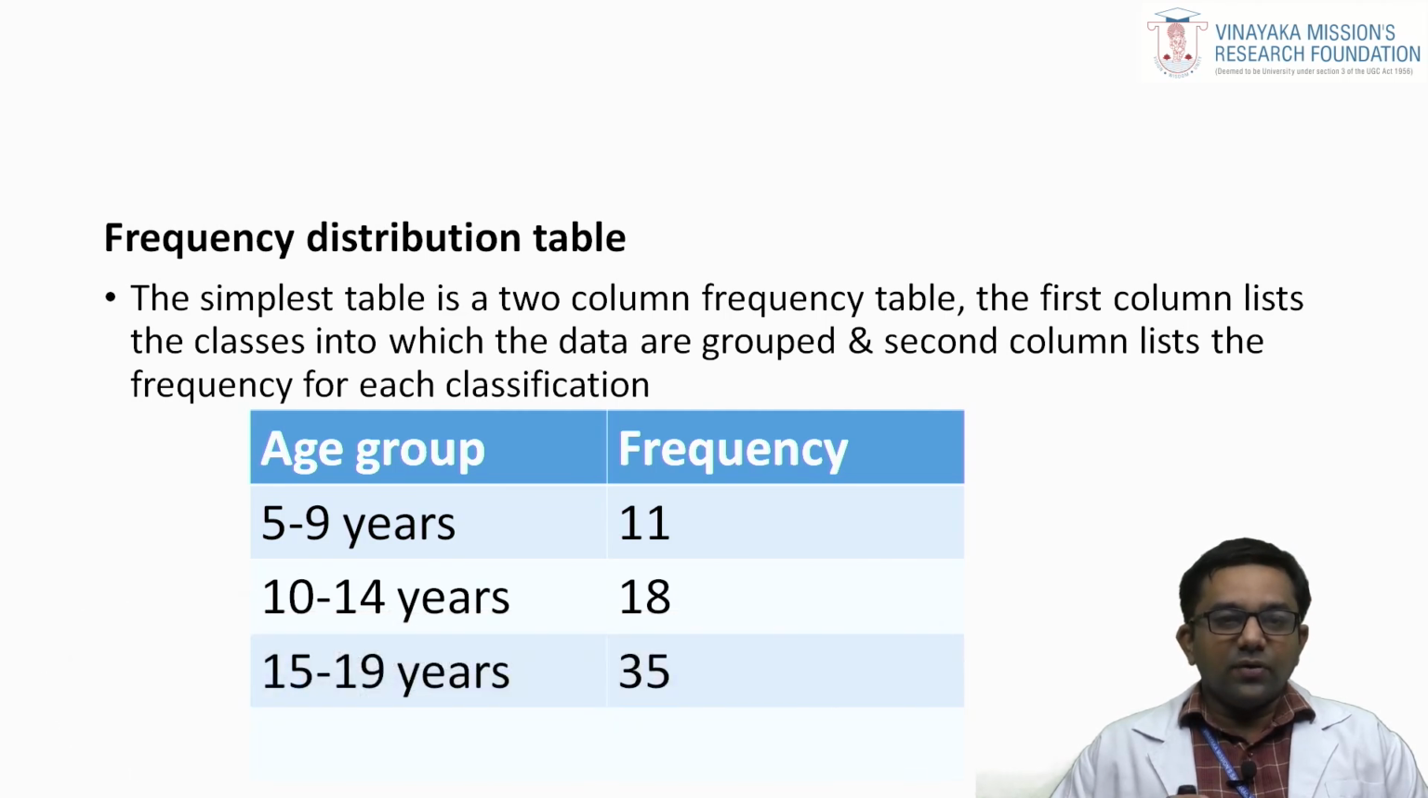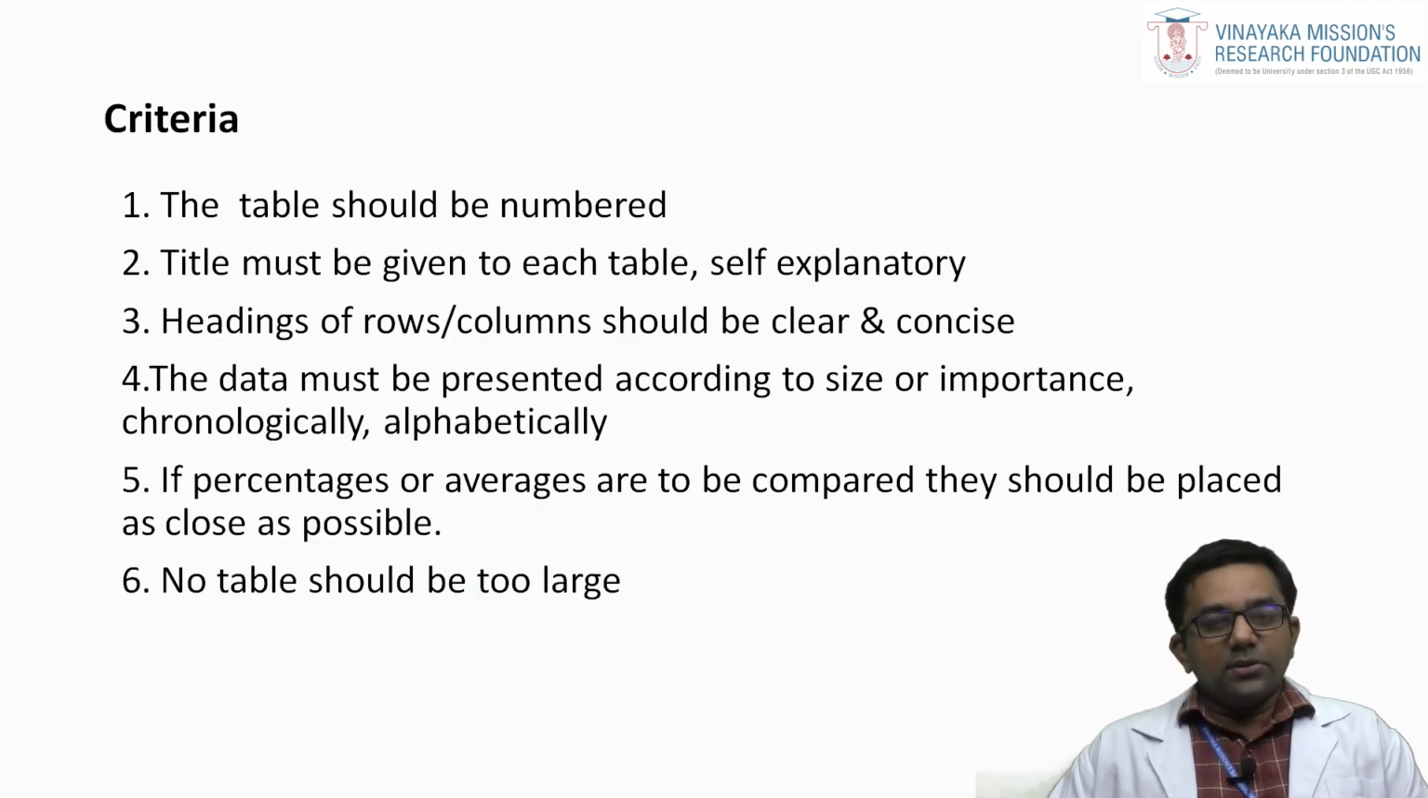When there is a range of values in it, then you can go for a frequency distribution table. So, this is a frequency distribution table. When you have a range of numbers or range of individuals, like the age group of individuals, then you can go for a frequency distribution table. The criteria that must be followed are: the table should be numbered, and a title must be given